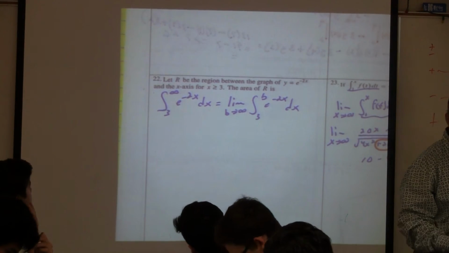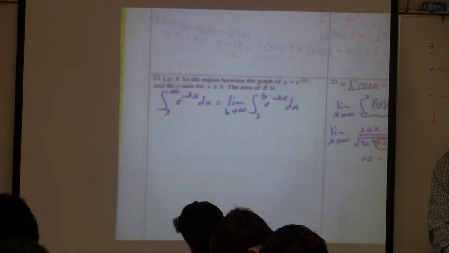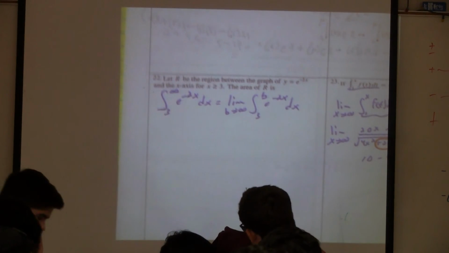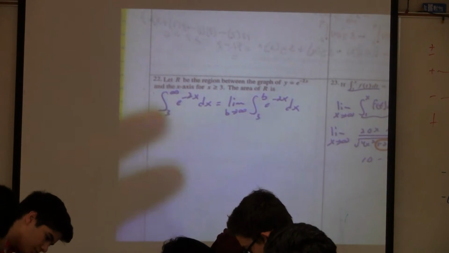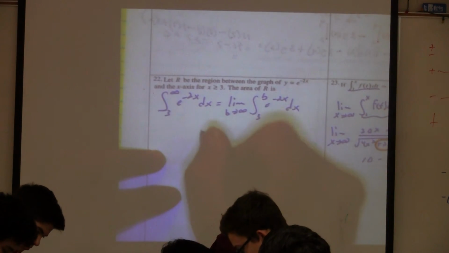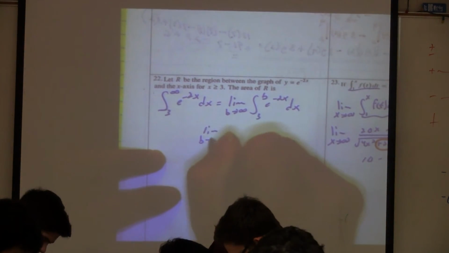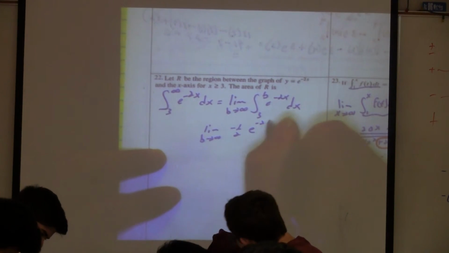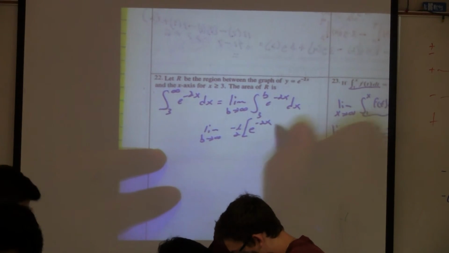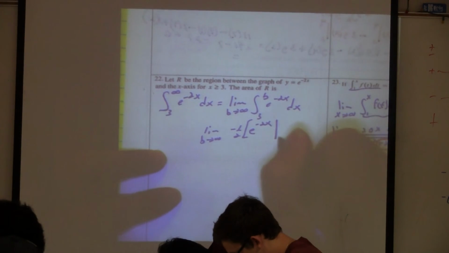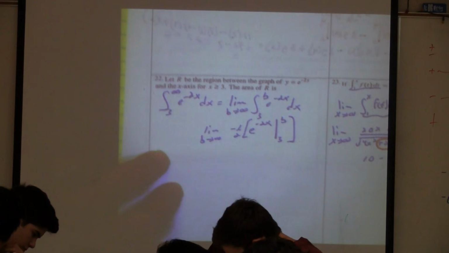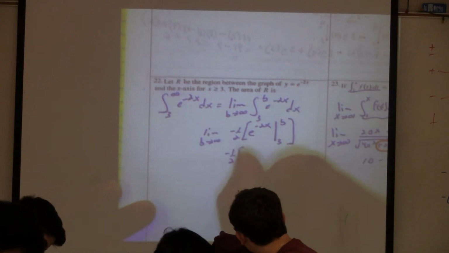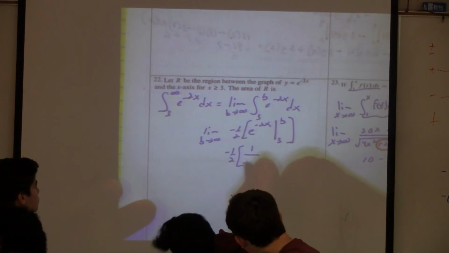We don't need to do u-substitution, we don't need to do anything. He should be pretty easy to integrate. Negative 1/2 e to the negative 2x? Yes. Alright, so now we want the limit as b approaches infinity of negative 1/2 e to the negative 2x, and I'm going to leave the negative 1/2 out. Evaluated from where? From 3 to b. So we get negative 1/2 times 1 over e to the 2b